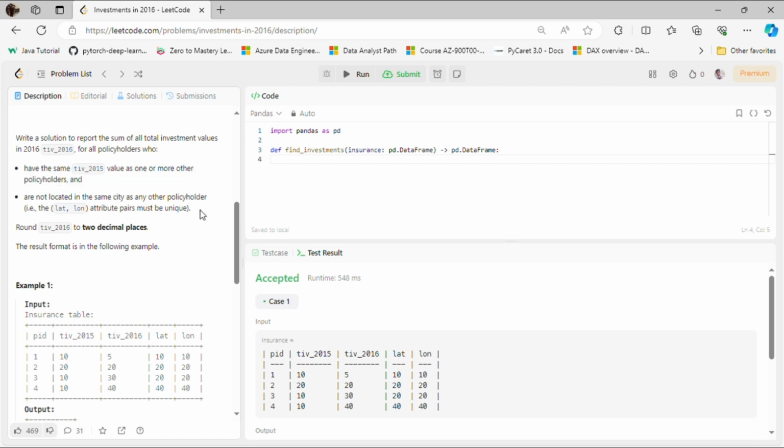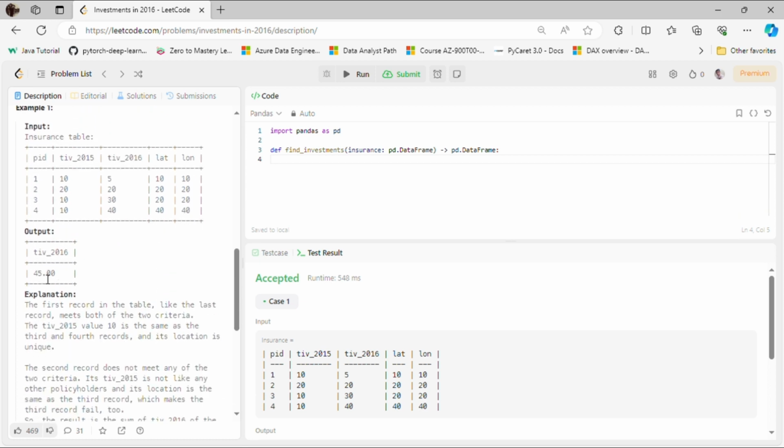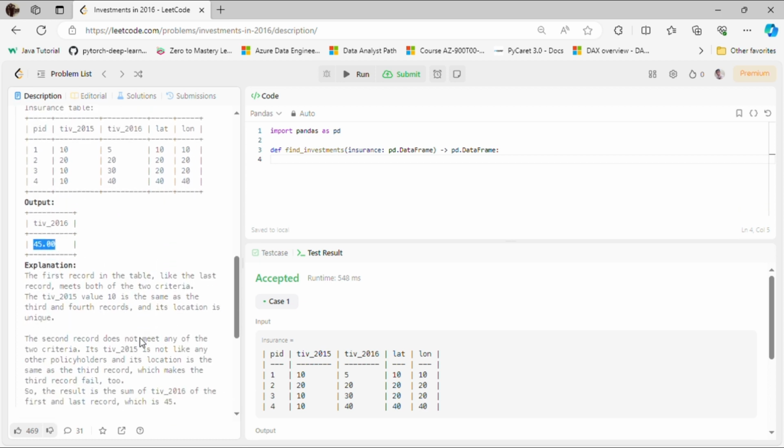The second condition is you have to take the combination of latitude and longitude, and this combination should be unique when you are evaluating the sum. So here you can see the result is 45. How is it taking 45? In this column